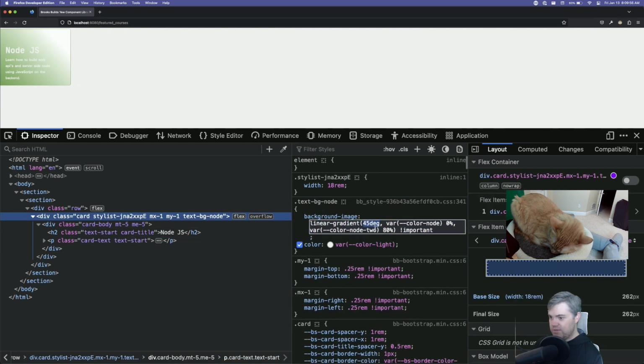So if I do something like, if I make you 50%, okay, so it's at 50% is where the gradient starts. And this 45 degrees is the degrees that it's sort of on the line of. Okay, that's pretty cool. So I want to start you at 0, and then I want you